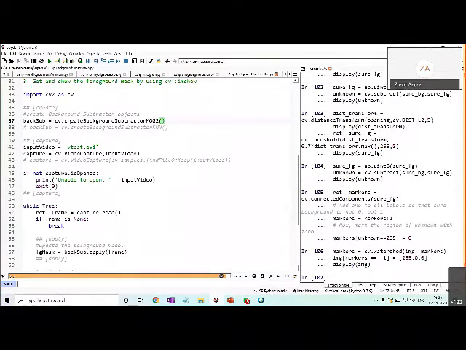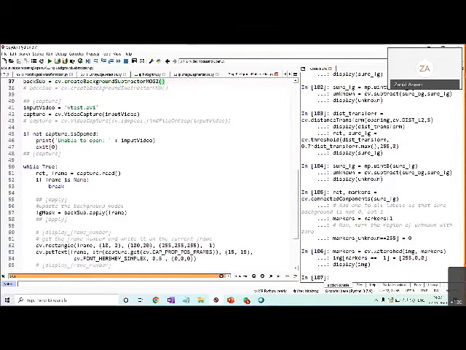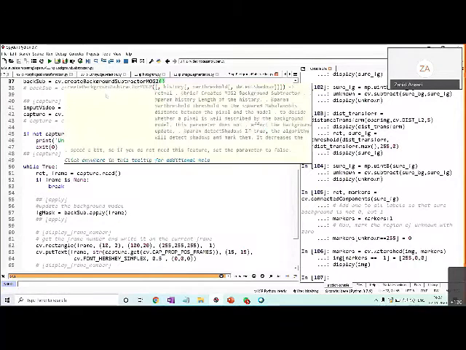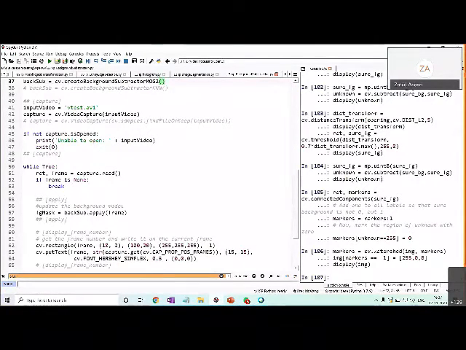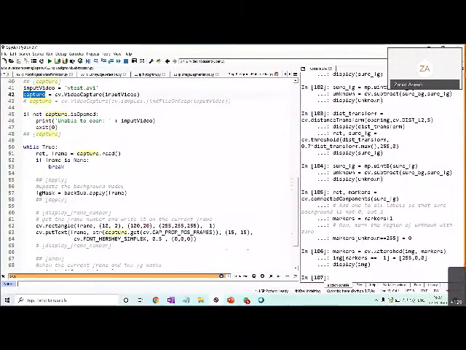So basically, we are creating a background subtractor object over there, right? So the first step is to create a background subtractor object. Okay, done. We created a background subtractor object by calling a method. After that, let's say my video is vtest.avi. So I'm capturing this video, reading the video from a file. I created a video capture. Then I checked whether it is openable or not. Okay, I'm giving the message.